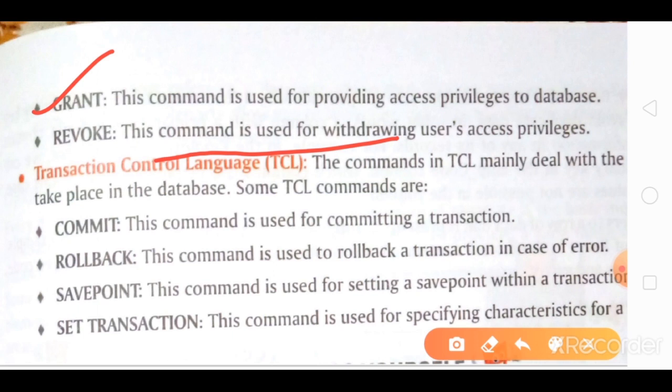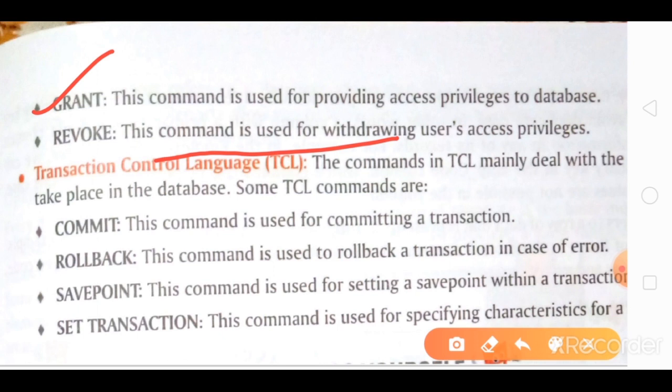Commit means this transaction is completed and no change is required. Rollback means if any error is found in a transaction, the transaction will be rolled back. For example, if by mistake some amount is transferred to another account and you want to roll back the amount in your database, after pursuing the application the amount can be credited again in your account. This process is done with the help of the rollback command.